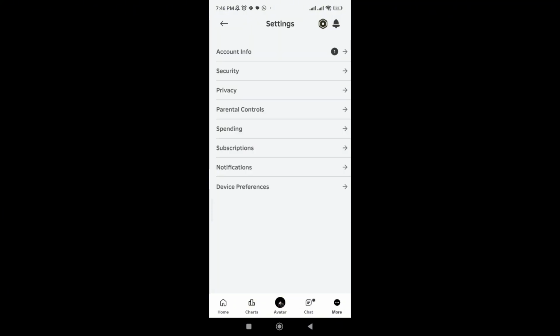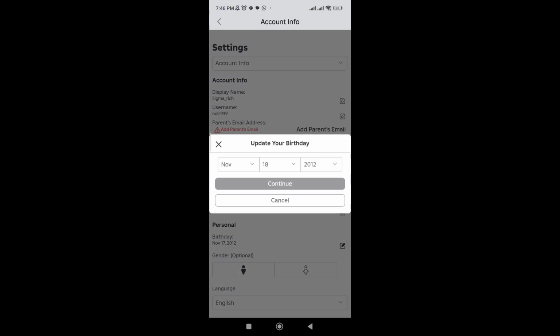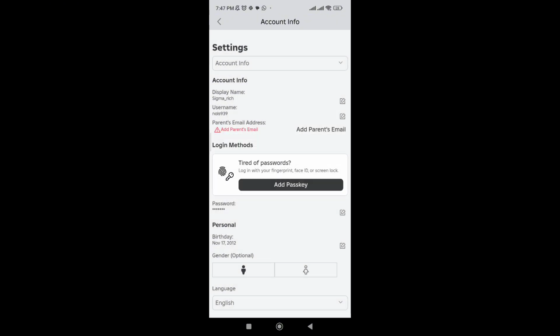Go to account info, and right below the birthday section in personal, over here, if it requires you to verify your age, you may need your personal ID and information to verify your age, and certain restrictions that are in place. For example, if your camera is not opening, that restriction will be lifted and you shall be able to